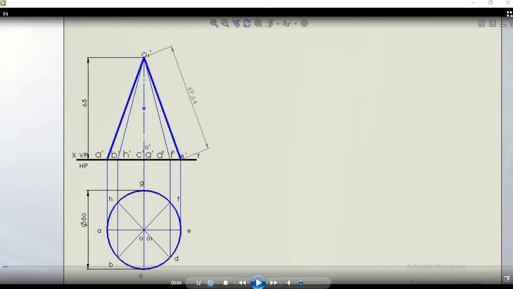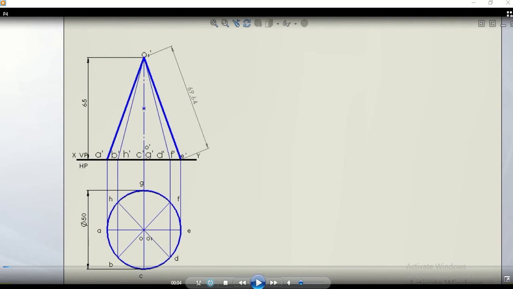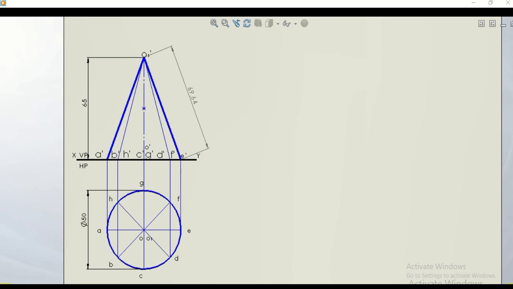First, you need to draw the orthographic view of the given cone. It's of diameter 50 millimeter. We are already familiar with drawing the front and top views of the given cone. In the top view you need to draw a circle of 50 millimeter and then divide that into 8 equal parts. You name it as A, B, C, D, E, F, G and H. Then in the front view it will look like a triangle. Complete the front view. Only the boundary should be made dark here. The rest should be made light, and you need to mark a mid height, since the cutting plane is bisecting the given cone.